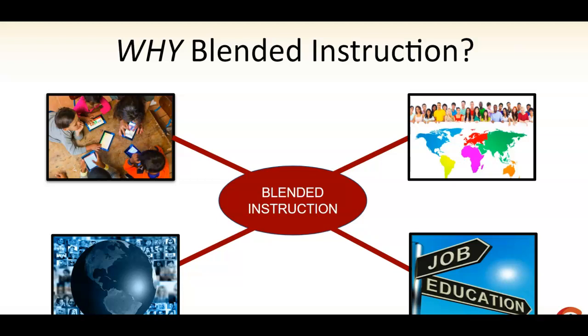When we think about what happened in the spring, when we think about COVID teaching, what we did in the spring was not blended instruction. I want you to hear me say that it was not virtual instruction. It was not blended instruction. It was not remote instruction. It was crisis instruction, meaning we did the best we could with what we had in the amount of time we could do it. But now it's time for us to bring accountability back in, rigor back in, and really start connecting our students in the online virtual blended environment,